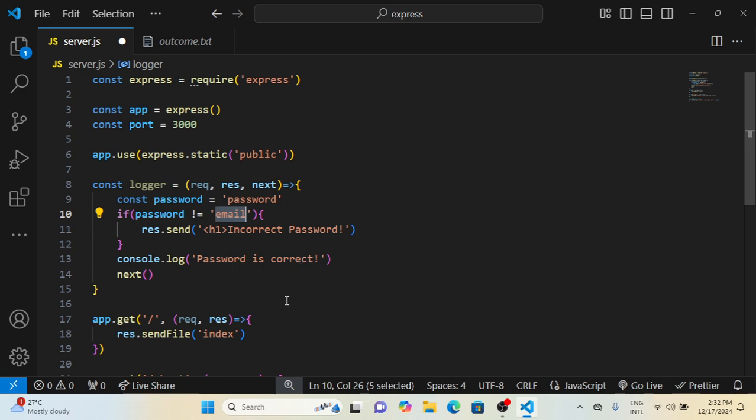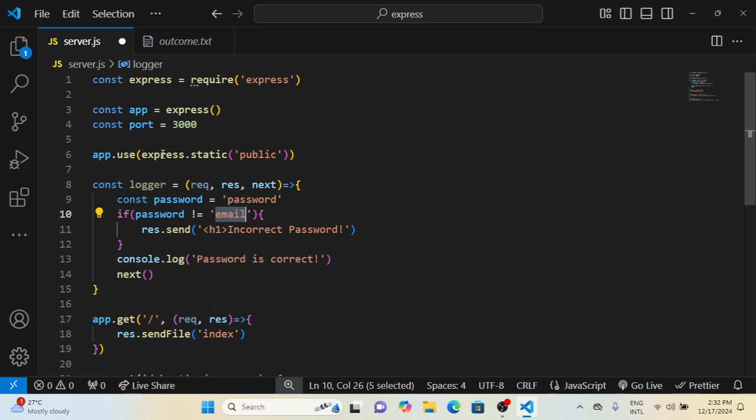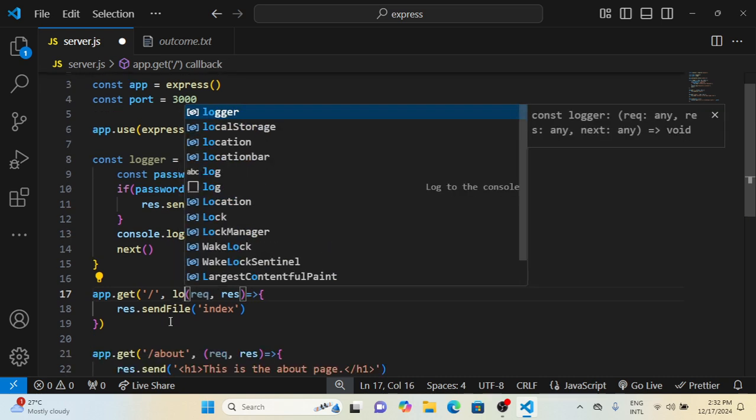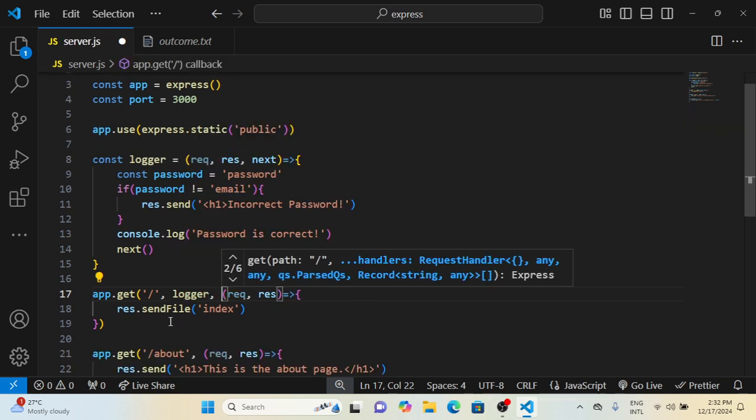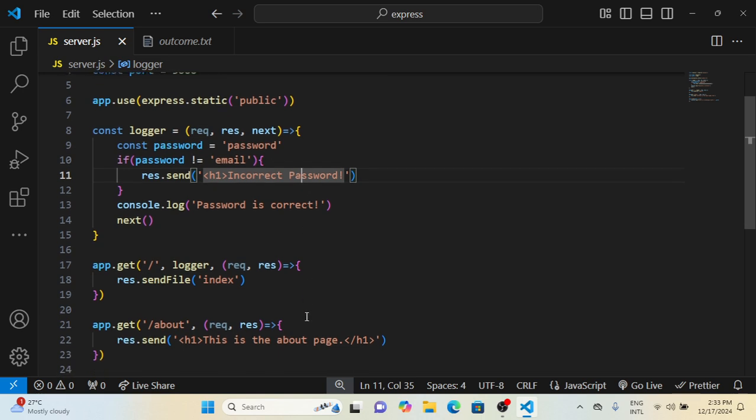Now nothing is going to happen if we save this program, because we are not making use of this logger. To make use of this logger, we can pass in logger as an argument to our app.get method. So now, if we save these changes and then open our console,